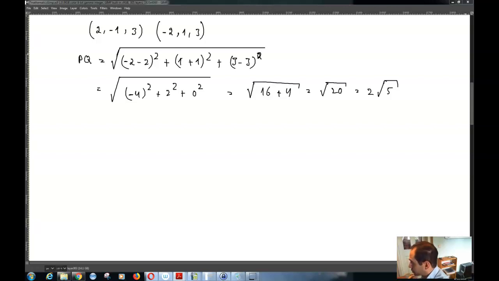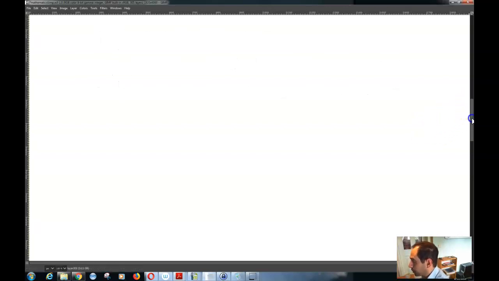Now question number 2. You want to show that these 3 points are collinear. So you have negative 2, 3, 5. You have 1, 2, 3. And you have 7, 0, negative 1. If I call these points, for example, A, B, and C,